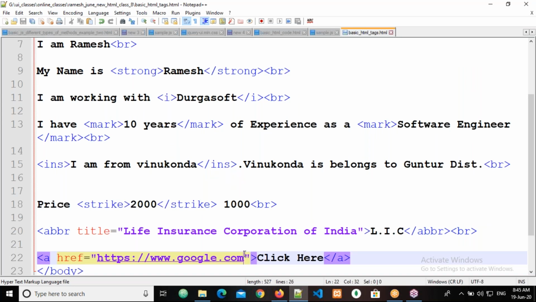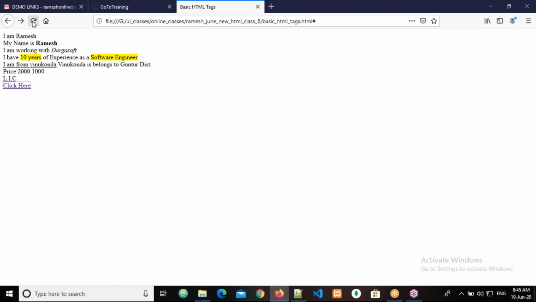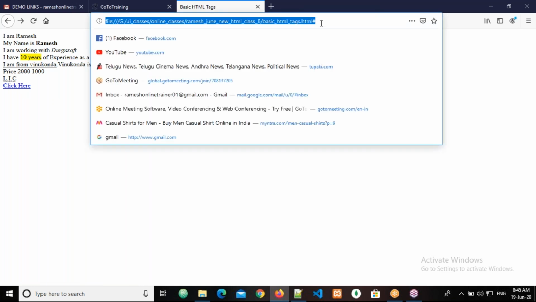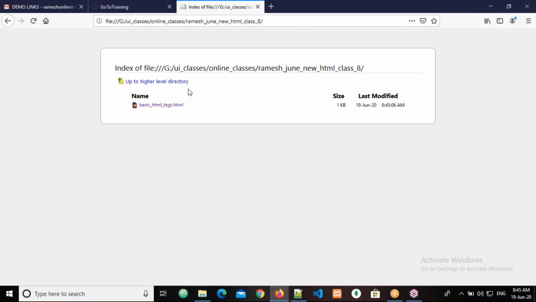Except that, what else can I write? Suppose I am writing here a dot, another special character. Putting a dot is very dangerous. Why, I will tell you. Now come here and refresh. I am terminating here, of course that is not mandatory. I am putting just a dot. Now click here. What is happening? Please respond.